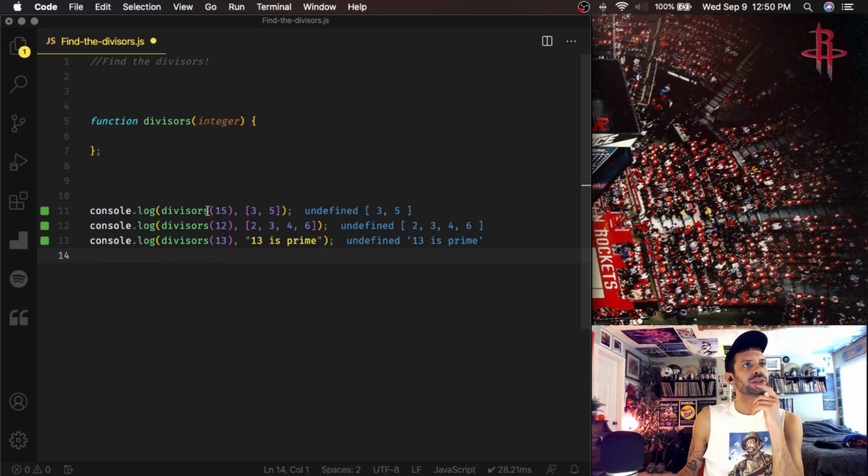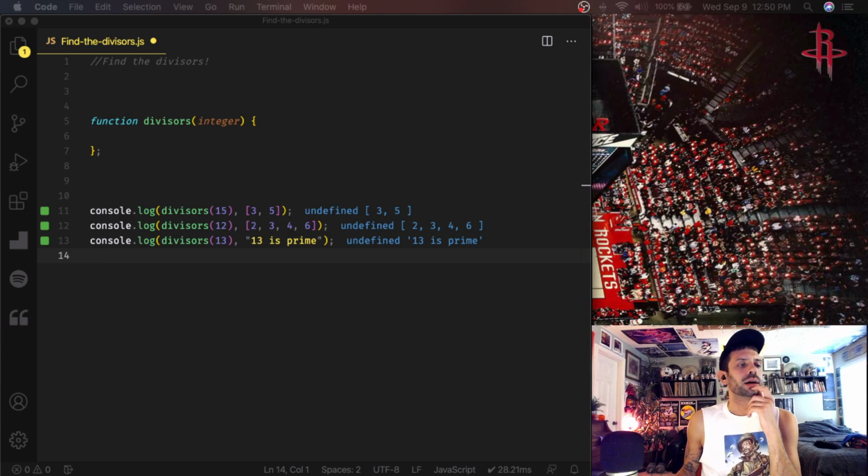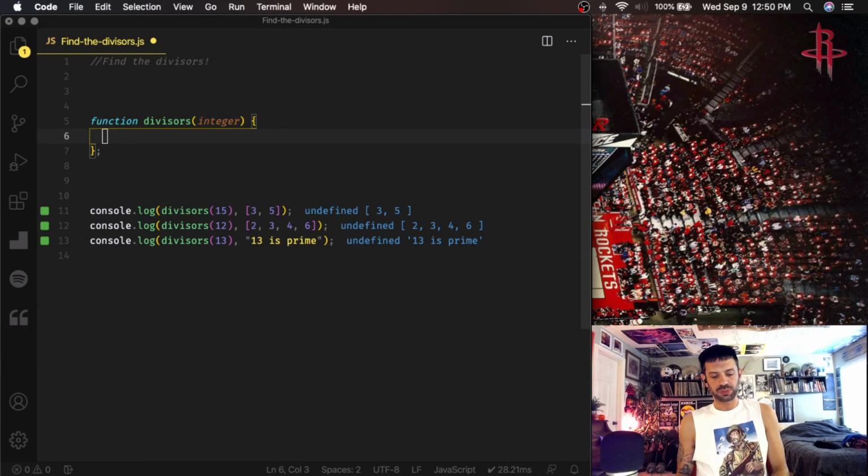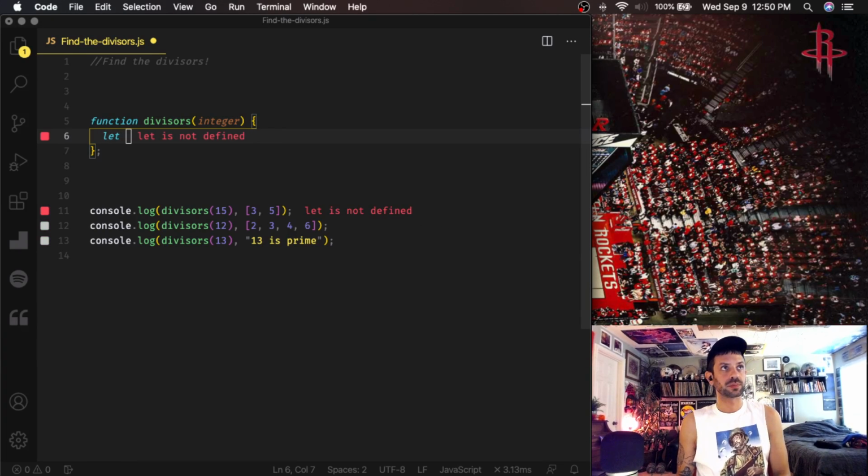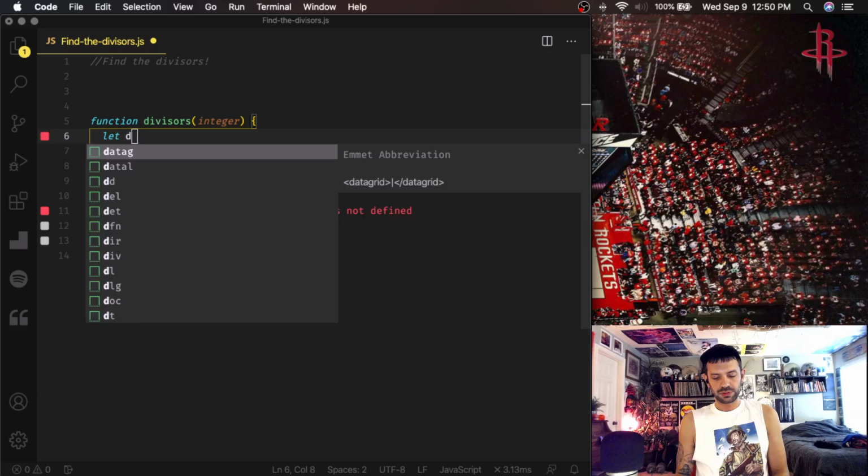So here's our function. Here's our input that we're passing in. Right now we're getting undefined because our code's not doing anything, but this is our expected output. First thing we want to do is create a place to store our divisors. So we'll say let divisor